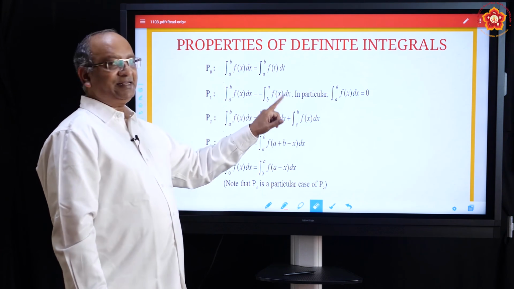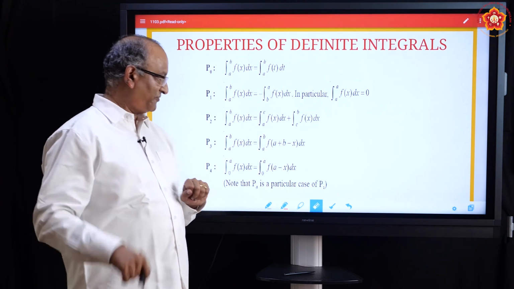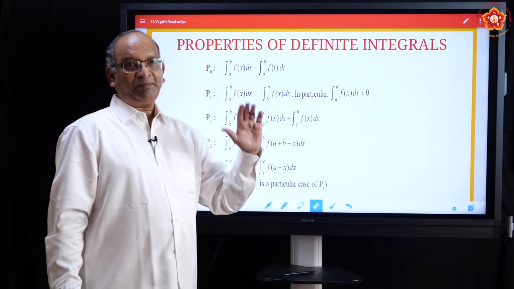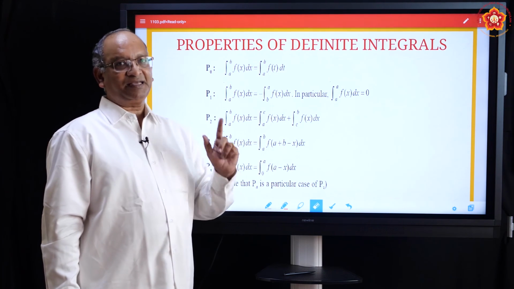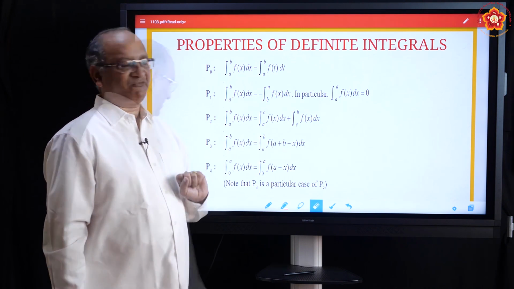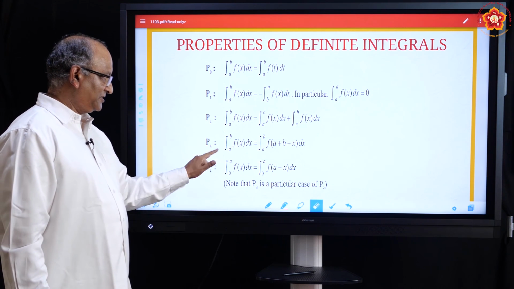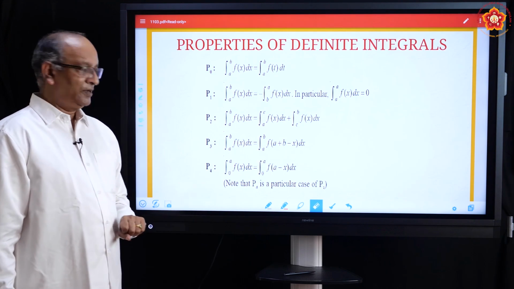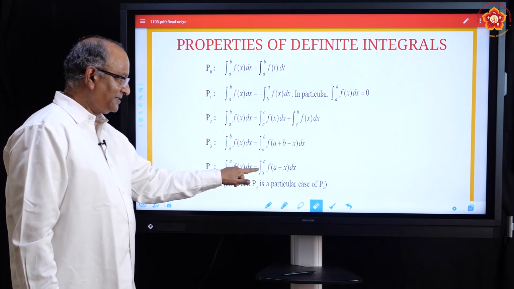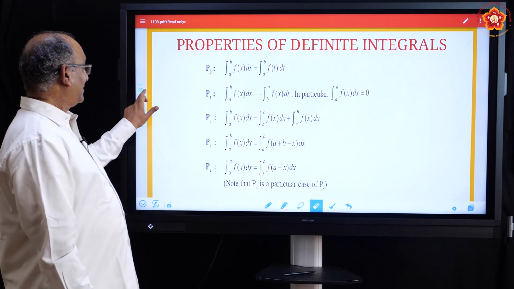Take this integral as capital F(x) and substitute a to b, you will get F(b) minus F(a). And do the same thing for this: take a+b−x as t. You will get −dx equal to dt, so one negative sign will come. And then when we substitute, you will get the same answer, F(b) minus F(a). Now, let us move to the fourth one, which is just like this. Instead of a to b, it is 0 to a, and it says ∫ from 0 to a f(a−x) dx. So this is nothing but a special case of P3. Okay.